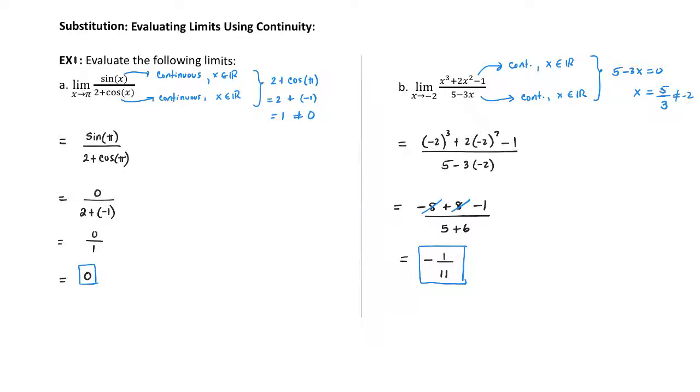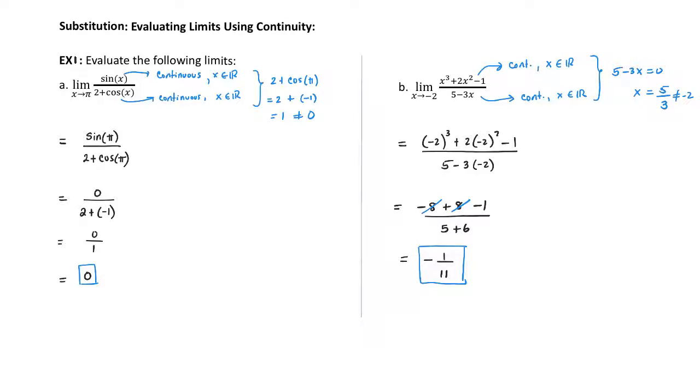So from now on, the first thing that you want to do when you're given a limit is to check for continuity at the value of x that you have been given. In this case, at pi, in this case, at -2. If the function is continuous, you can proceed by direct substitution. If the function is not continuous,